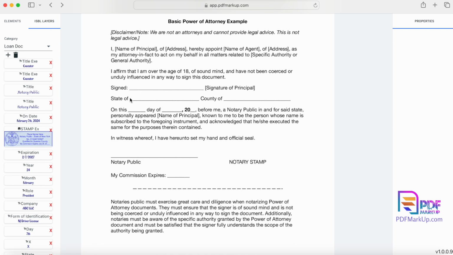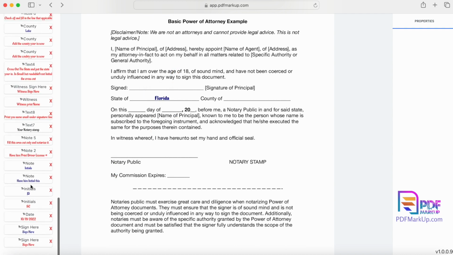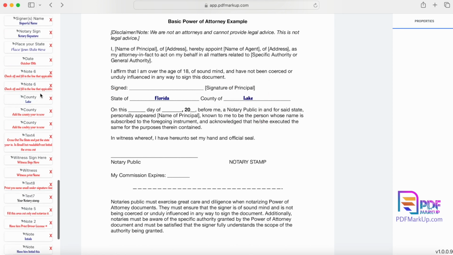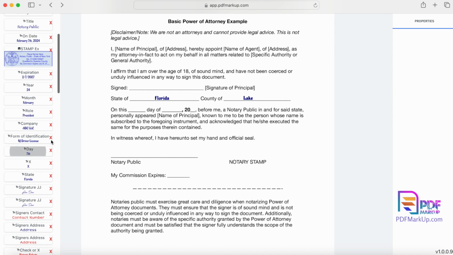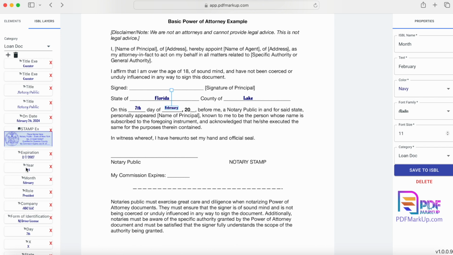So then you as a notary are going to go ahead and put your state and your county. I'm just going to plug that in, even though I think you can, but I'm going to do it just to help you guys out here. State and county, okay? Then you put in the date, whatever day it is at that time: the number of the day, not the month, not Monday, Tuesday, not the days of the week. February 24. Before me, a notary public in and said state, personally appeared, and you'll put the principal's name, John Doe,